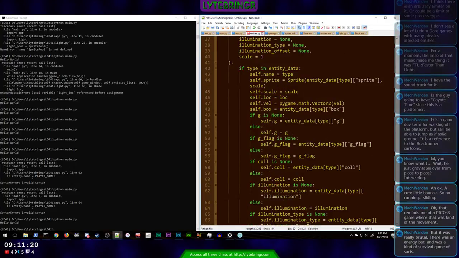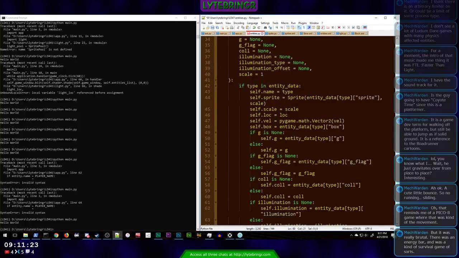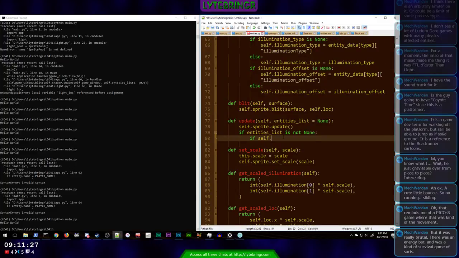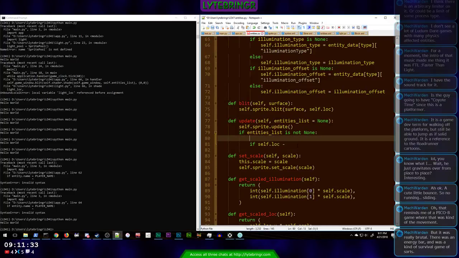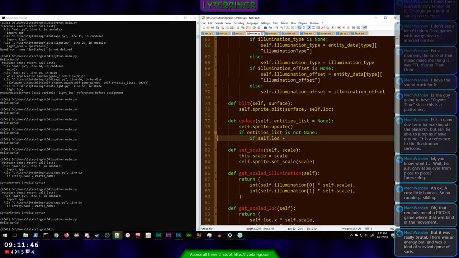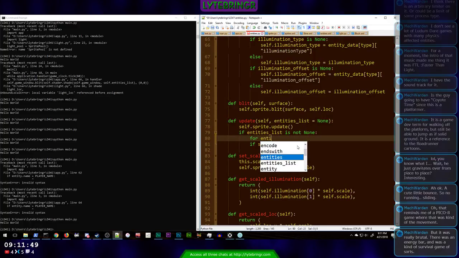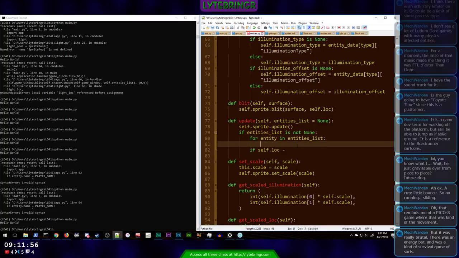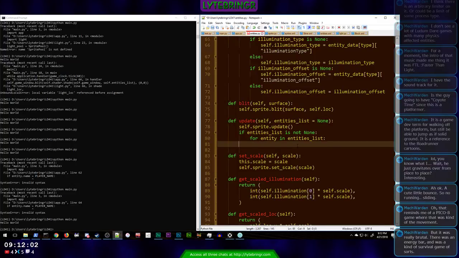Lock is a vector, is it not? Pretty sure lock's a vector. Okay, so diff equals self.lock minus... Wait, we have to go through each entity. For entity in entities list, if